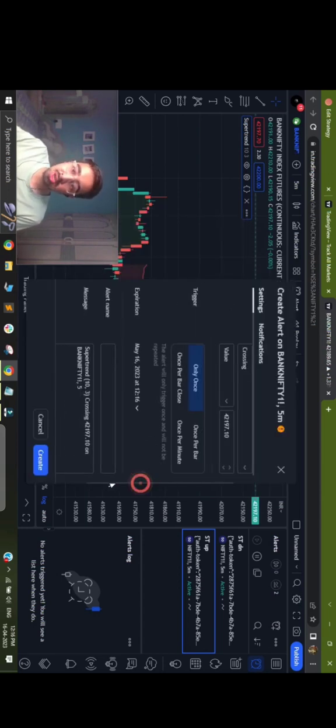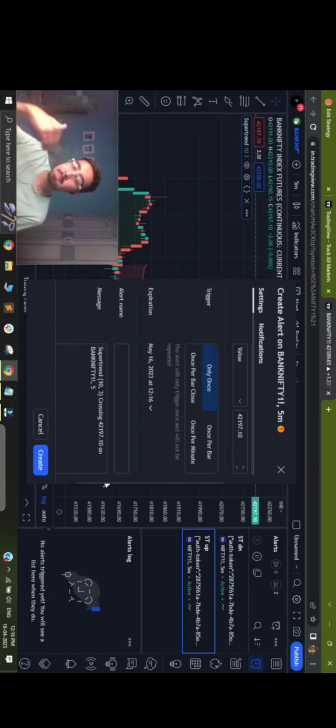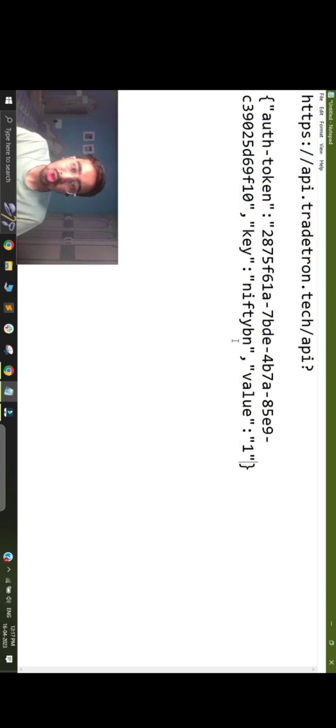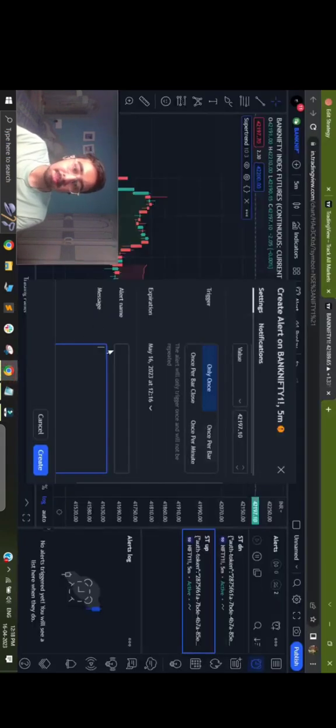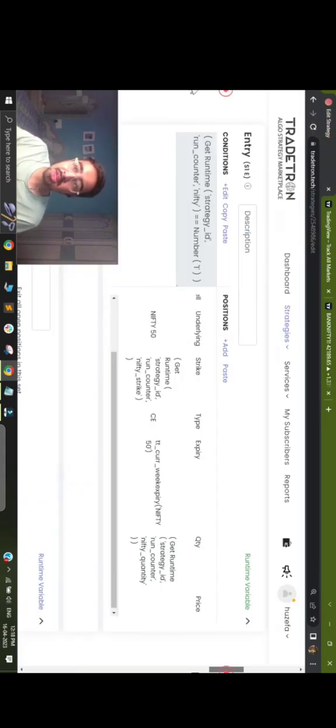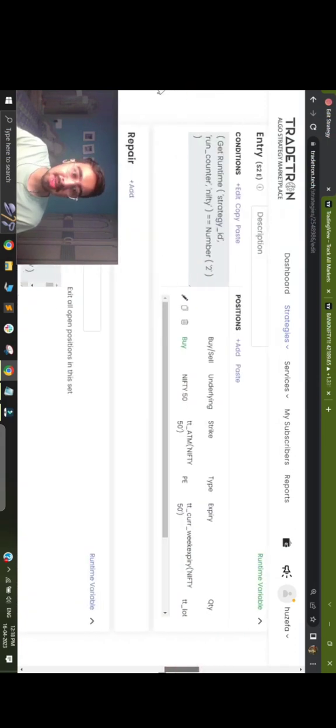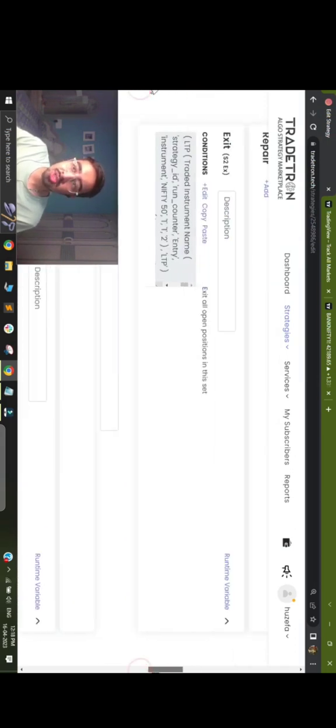I'll make a new alert like I showed you in the first session. So if I need this for Bank Nifty, I will again go to my same auth token and the JSON code that I had built. And previously I had selected Nifty as the variable name. Now I'll select Nifty BN. Alright. And again I will copy this and I will paste it out here. I paste it in the message and I will make a new set out here. So I will make my set 3. So I'll just add a new set